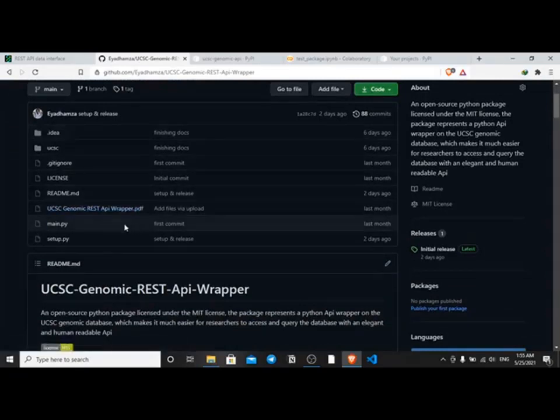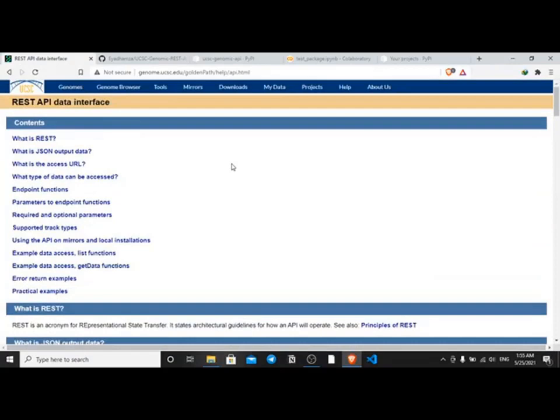First of all, let's dive into UCSC and see what it actually offers, and then we're going to see what we accomplished here to make it easier to integrate the UCSC Genomic RESTful API in your own projects. We all know the UCSC genome browser. It gives you the ability to view tracks and genomes online or on your local machine. It also offers you the ability to retrieve the data and use it in your own projects,